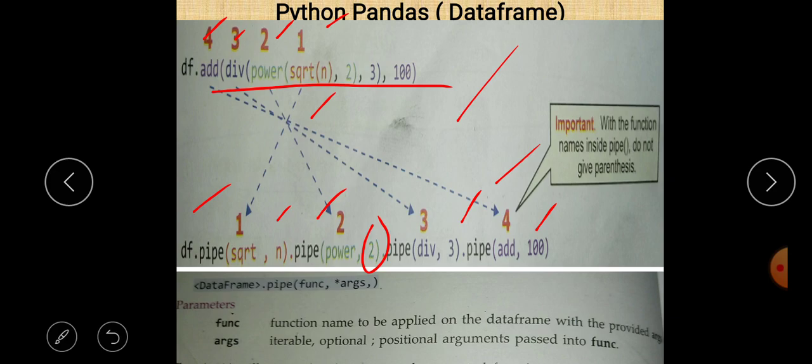You know that if there is a condition in a program in such a way that the output of a function becomes the input of a second function, then you can use the pipe function. So here is the program, you can easily see that. It has 2 parameters in it. First of all, func means the function's name to be applied on the data frame with the provided argument, and args is iterable, optional, possible arguments passed into the function. Okay,